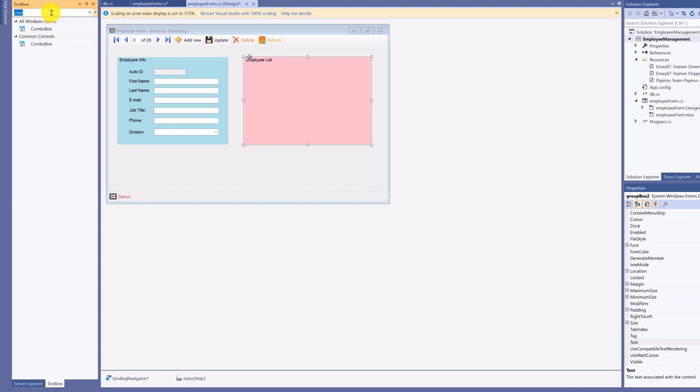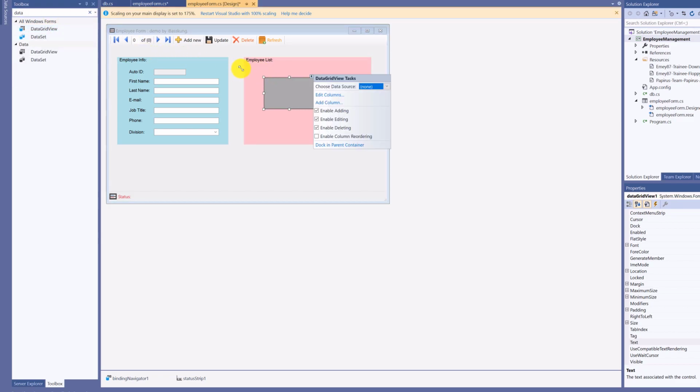Now, we are adding the data grid view. Click to hold, and drag here. Adjust the position,